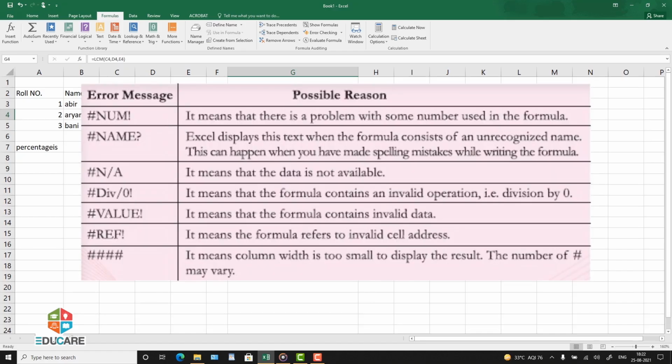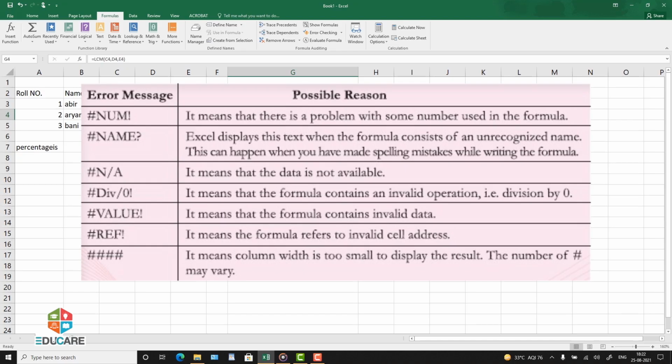Error message, possible reason. #NUM!. It means that there is a problem with some number used in the formula. #NAME?. Excel displays this text when the formula consists of an unrecognized name. This can happen when you have made spelling mistakes while writing the formula. #N/A. It means that the data is not available. #DIV/0!.